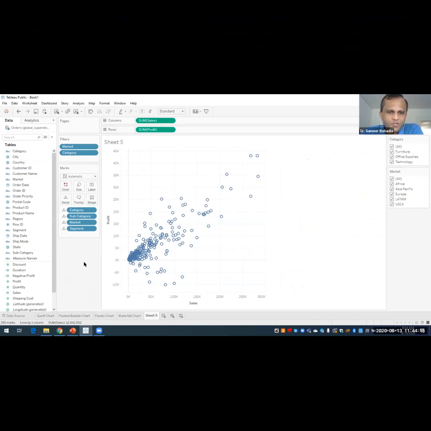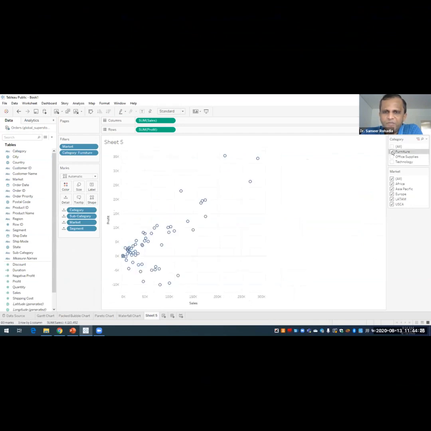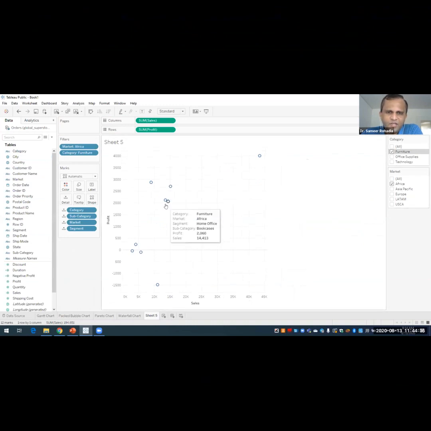Good. So this is one of the charts over here. Here we can also play with it. If I want to see the furniture category only, then I'm able to see the furniture category, but for all the markets. Now instead of having all the markets, if I want to see only Africa, then I can see only Africa and the furniture segment.